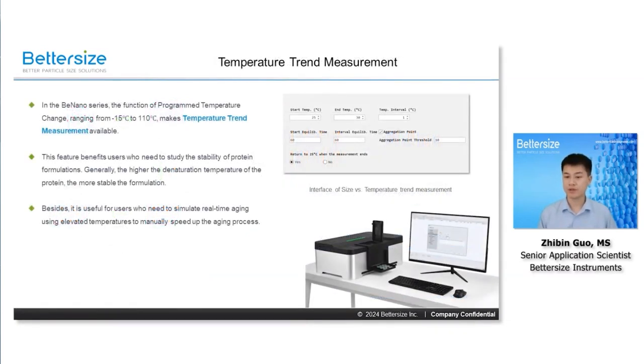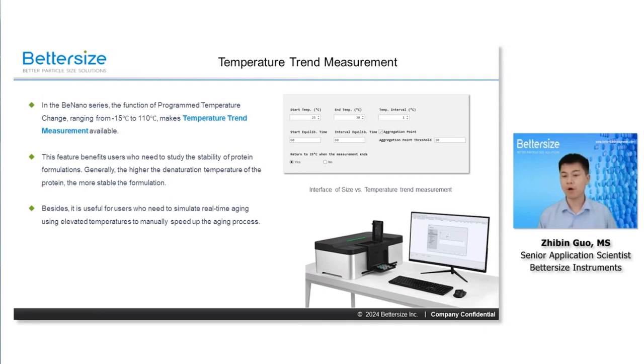In addition to time trend measurement, the BeNano offers temperature trend measurement across a range from -15 to 110 degrees Celsius. A key benefit of this function is its ability to assess protein stability. By gradually altering the temperature, users can identify the denaturation point of proteins, a crucial indicator of formulation stability. A higher denaturation temperature generally indicates a more stable protein formulation, making this feature essential for optimizing and validating biopharmaceutical